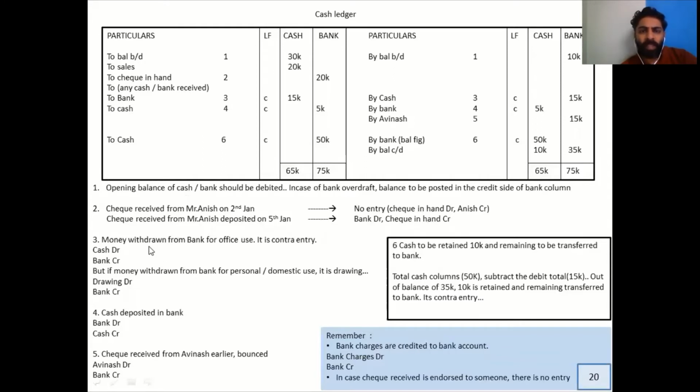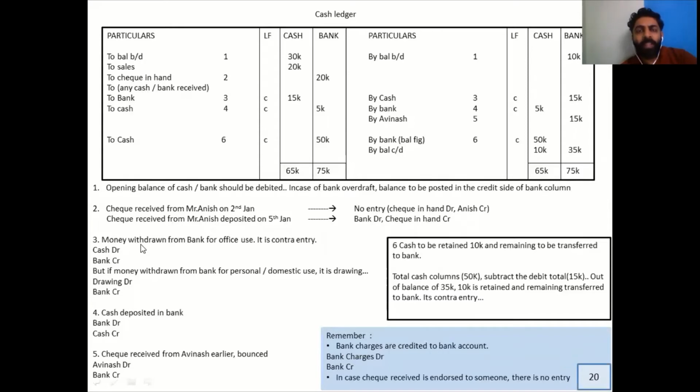Let's look into the third transaction. It's called contra entry. Now, what is contra entry? In business, there are a lot of transactions which happen between cash and bank. You have cash in your hand. You don't like to hold it for a long time. What you will do, you will deposit in your bank account. Same thing, there is a need of money and you're withdrawing money from bank for office purpose. So there are a lot of such transactions.